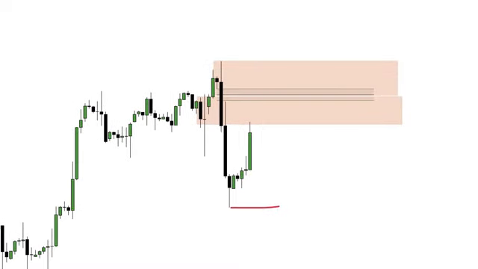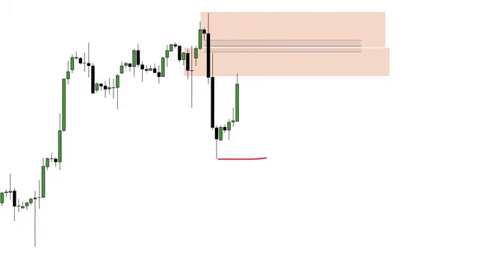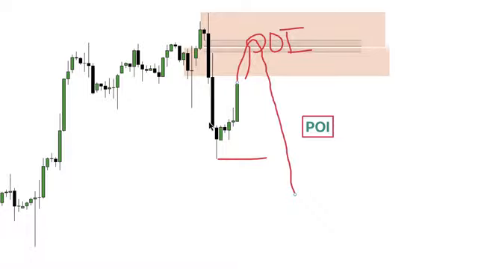So that if price is coming up to this area, you will have something called a point of interest. You now see why I put point of interest there. The point of interest is where you are expecting price to be rejected. It is called point of interest, or you are expecting price to react from. So if I am selling, I want to sell when price comes into my point of interest. Not here, not here, not here.